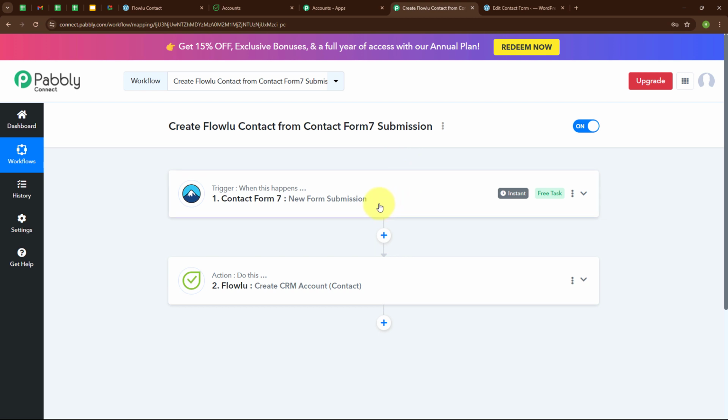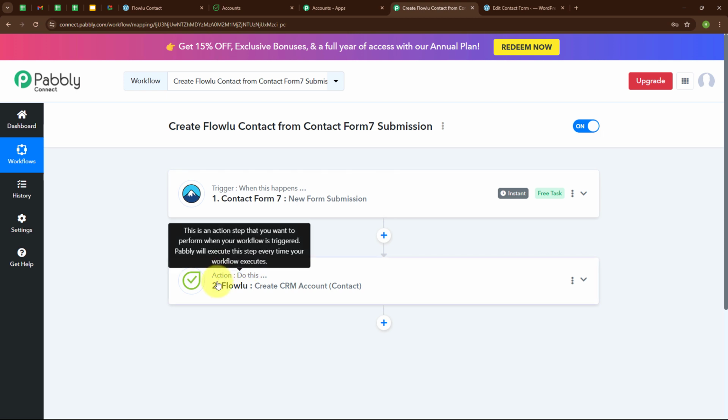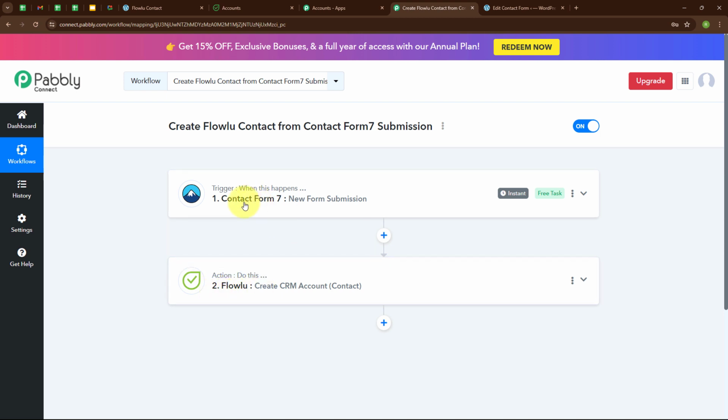Now let me summarize this whole video for you. Here we have taken a trigger as contact form 7 and an action as Flowlu, so that whenever a new form submission is made in our contact form 7, automatically using those details, a new contact will be created in our Flowlu account. If you want to use the same workflow, then you can find the clone link in